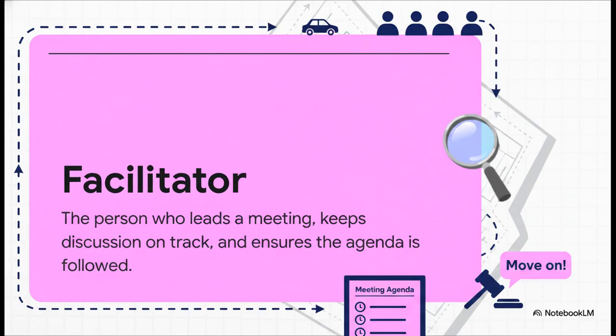This is the person leading the charge, keeping discussions on track, and making sure the agenda is actually followed. Armed with an agenda that has clear time blocks, the facilitator suddenly gets the psychological permission and the power they need to confidently say, hey, we need to move on to the next topic. It sounds firm, but it's polite. Without that printed document, the facilitator really has no objective way to cut off a rambling discussion without seeming like a jerk. The agenda gets to play the bad guy, so the facilitator doesn't have to.